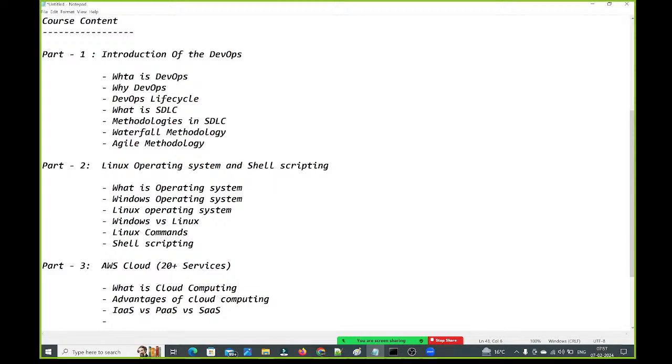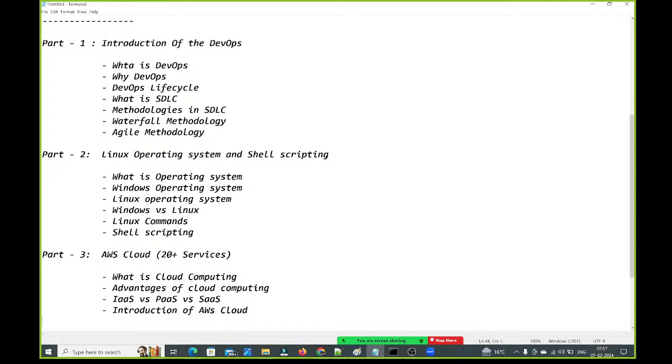Next, after this, we are going to understand an introduction of AWS cloud. Then I will discuss how to create the free tier account in AWS. If you want to use AWS services, you should have an account in the AWS cloud. Everyone should create an account in the AWS cloud. Then only you can use the services AWS provides. Here, I'm going to show how to create the free tier account in AWS.